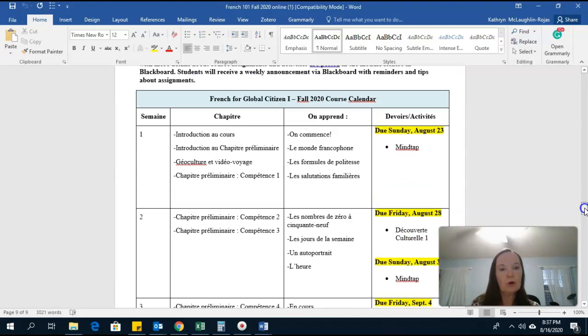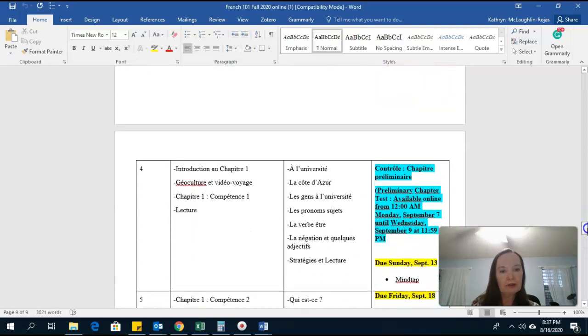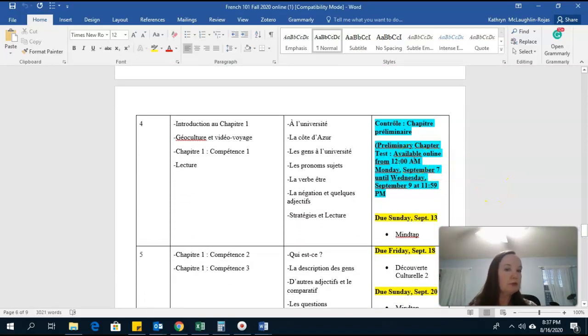The way the exams work, as you'll see scrolling back to the first one, the test will be available online from September 7th through September 9th. So there will be 2, or I guess 3 full days that you can take the test. So you could access it anywhere from September 7th at midnight all the way until 11:59 Wednesday. And since we're in an online class, this allows the flexibility for you to access the test at your convenience. But you won't be able to take it before or after that window of time. And you'll get an hour and 30 minutes to take that exam.